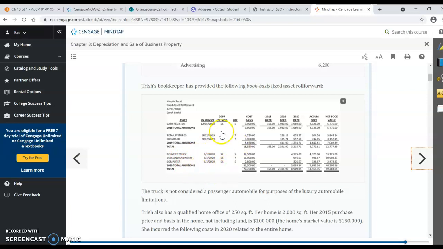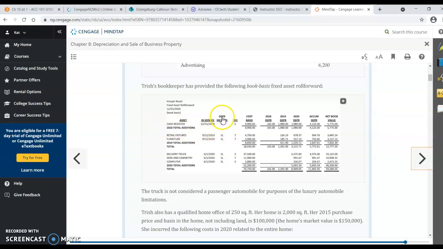So with the 2018 cash register, the first recovery year would have been 2018, the second recovery year would have been 2019,